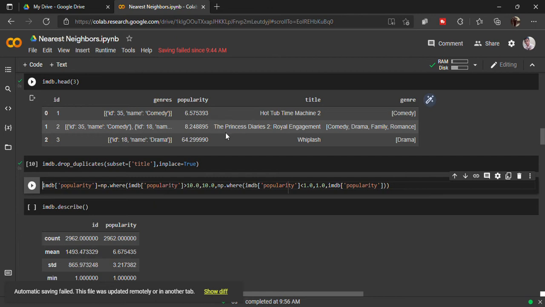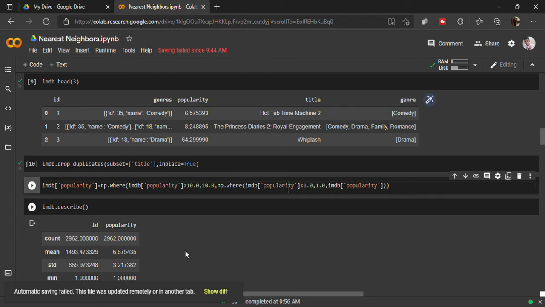So anything above 10 and anything below 1 is just not correct, doesn't matter what value it is. So you are going to replace anything above 10 with 10 and anything below 1 with just 1. It's just not possible that you can give 0.001 or 0.05. That cannot be possible. Either you give 1 star or you give 10 stars, anything like that.